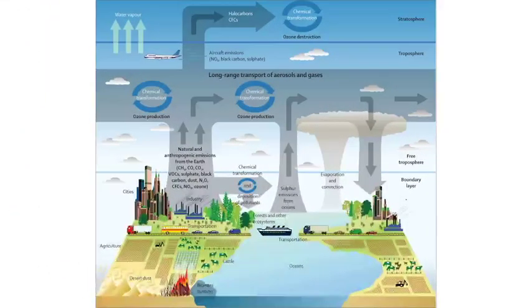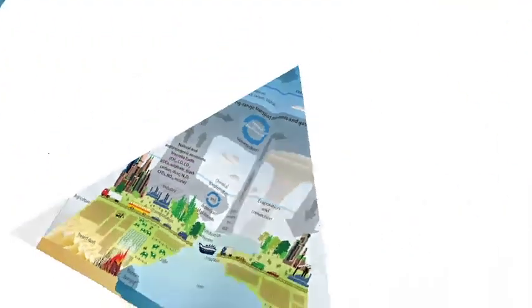So you can see these outdoor pollution sources. We have long range transport of aerosol and gases that accumulate in the troposphere and cause serious health hazards. All right. Then we see methane rising, carbon monoxide, carbon dioxide, VOC, sulfate, black carbon, dust, N2O, CFCs, ozone. These cause the greenhouse effect or global warming. So all this is due to outdoor pollution. So you need to stop outdoor pollutants as well as indoor pollutants. Got it?